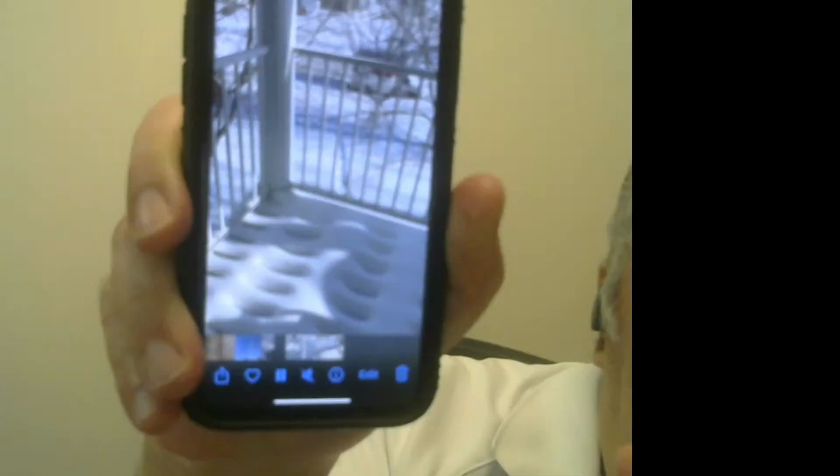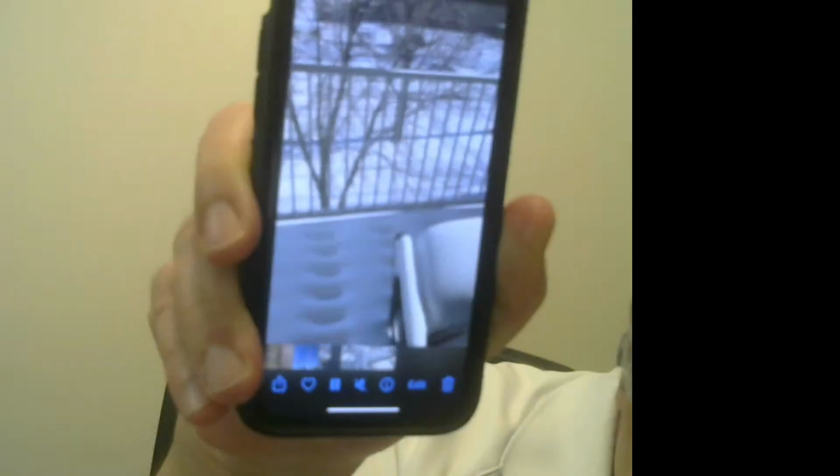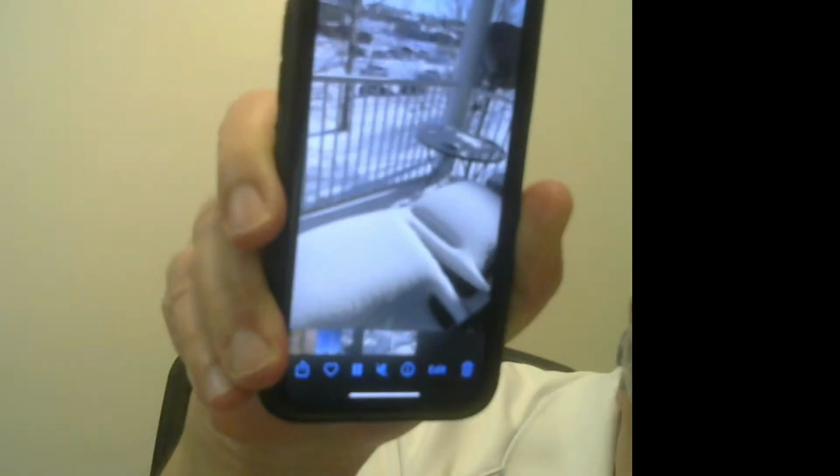I hope you can see it. I don't know if you can. Yeah, you should be able to, I guess. Oh, this one is not very clear. Yeah, this one is better. This is from the living room towards the patio outside, panning the area. So